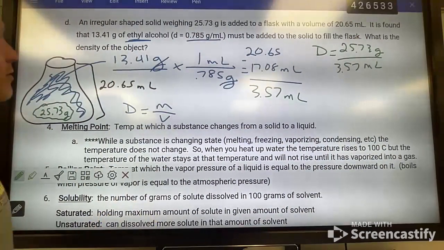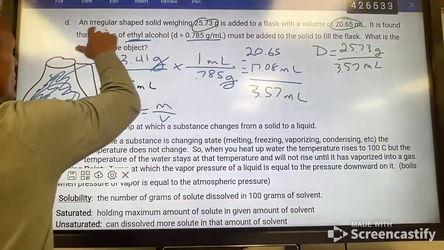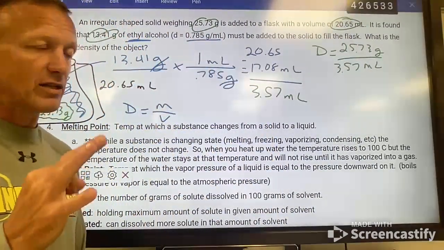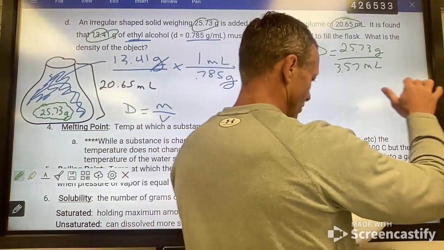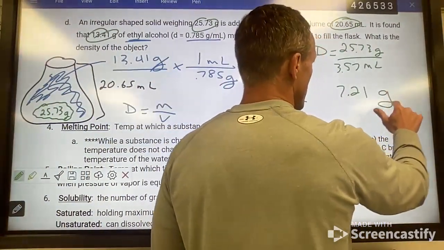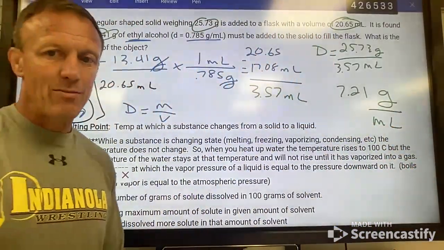Sig figs. 4 sig figs. 4 sig figs. 3 sig figs. Our answer should have whatever's the least number of sig figs, so it should be 3, so we need to round to 3 sig figs. About 7.21. Label is how many grams per milliliter. Remember, density is grams in a milliliter. How many grams